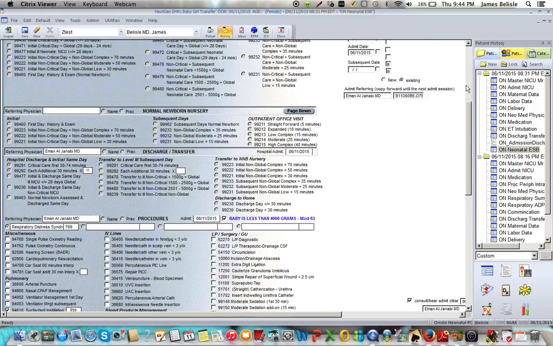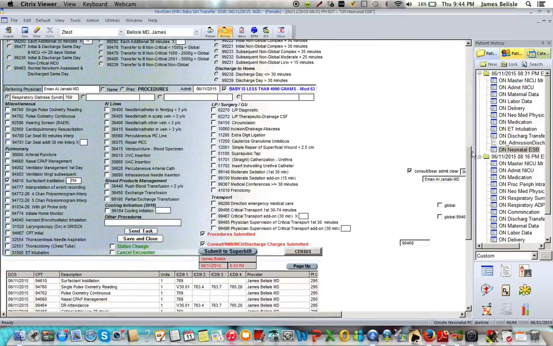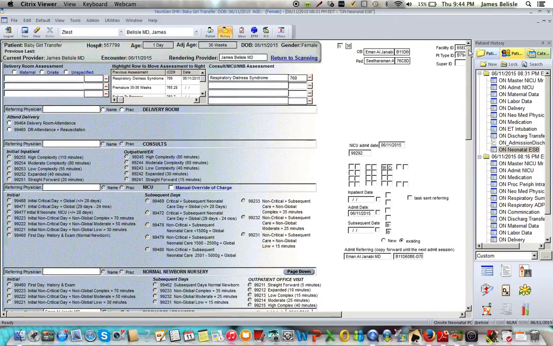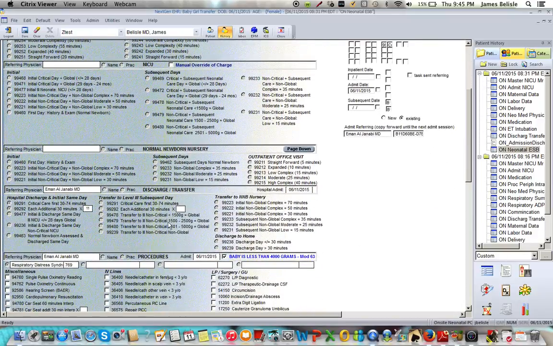So this has been how to deal with a baby who's admitted in the morning as a critical, and you decide to send him out later on as a transfer. You can submit another ESB. You can make an admission discharge note that doesn't have the times in it, so you can fax it off to the other people quickly. You don't know how long it's going to take them to get there, and then you put the times that you spent afterwards, and realize that to do that you have to figure out exactly how many